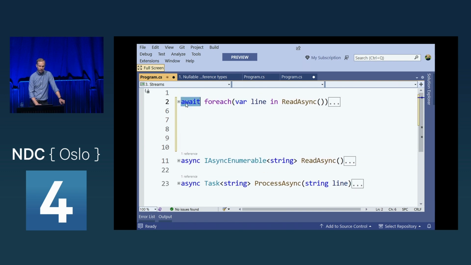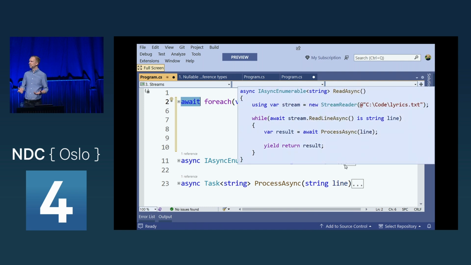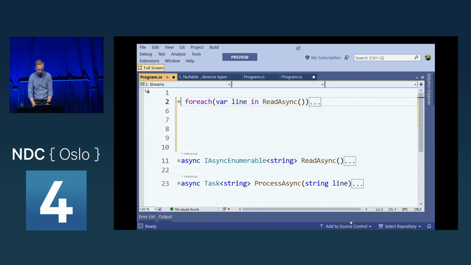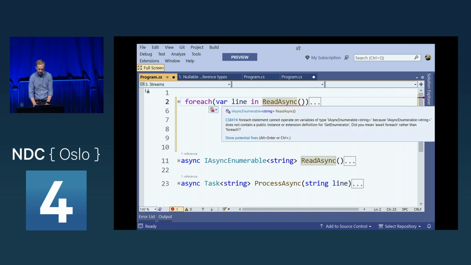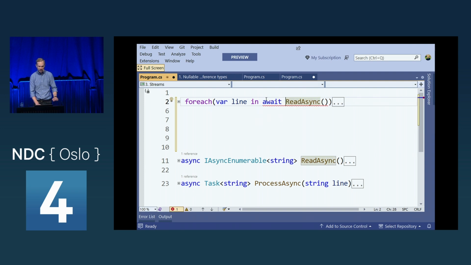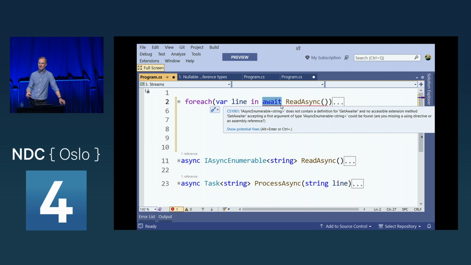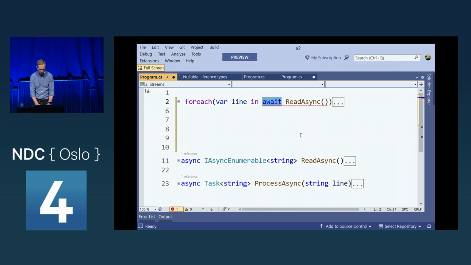which is this await foreach loop. What you might have seen before is that you say, I want to iterate through all the elements available in this chunk of data. So when you have await in front of something, it means give me all of that, all of the result when you're done. The await in front of the foreach loop means that each element is going to be retrieved asynchronously.